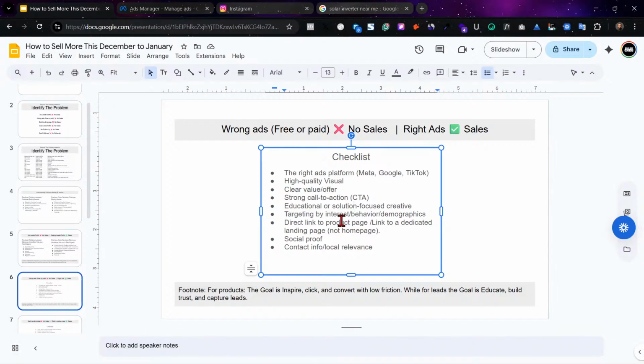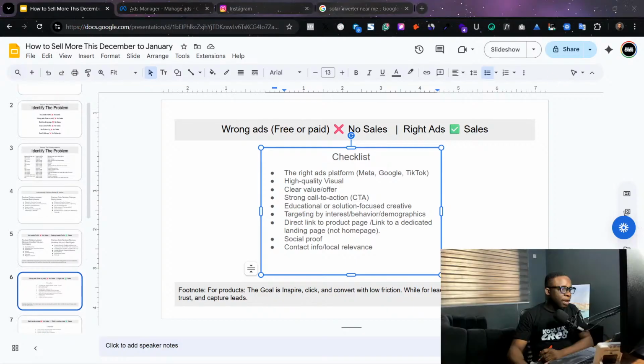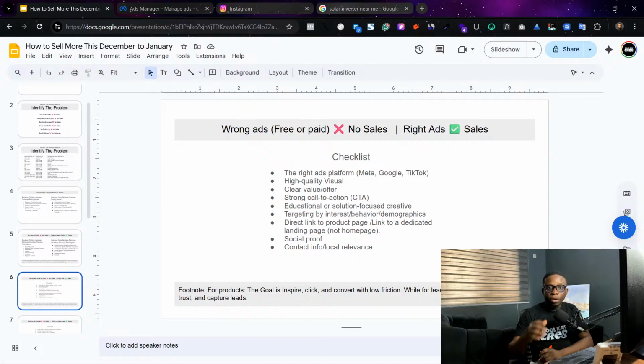Then direct link to product. Many businesses fail this. So take for example, now you are selling a shirt. Let's say Precious is selling a baby shirt, and she ran ads to a homepage. Why are you running ads to your homepage? Why are you not running ads to the baby clothes, because this person wants to see the baby clothes. So you've lost the customer there.